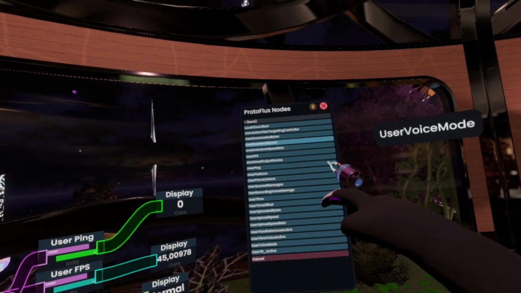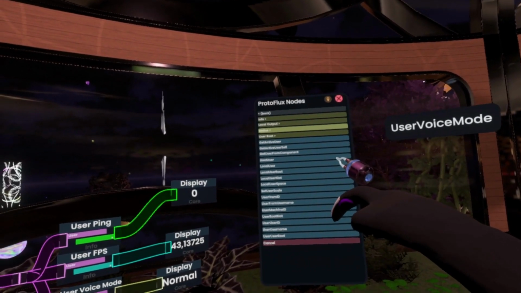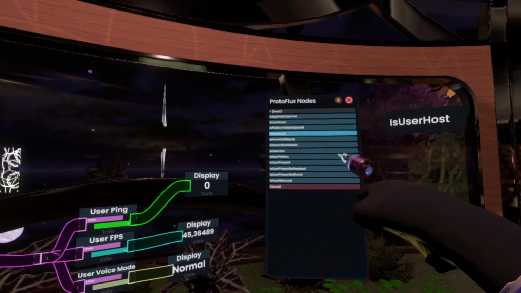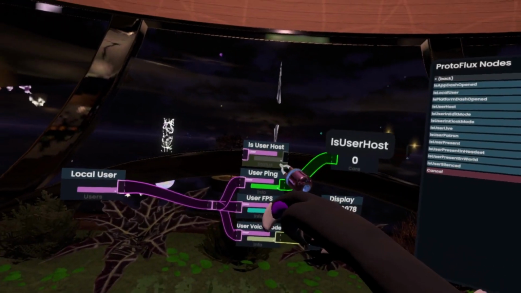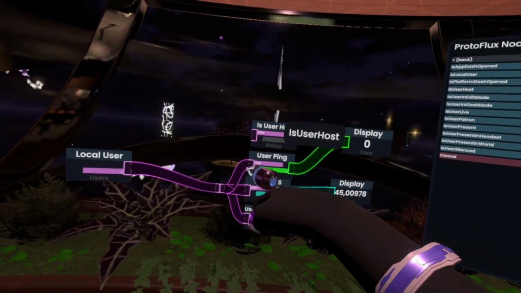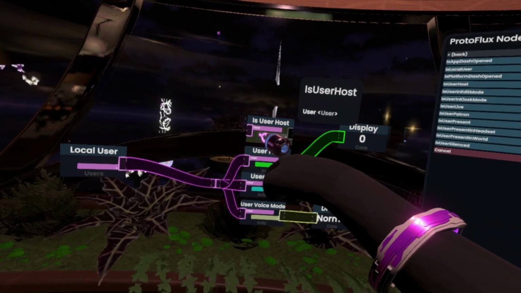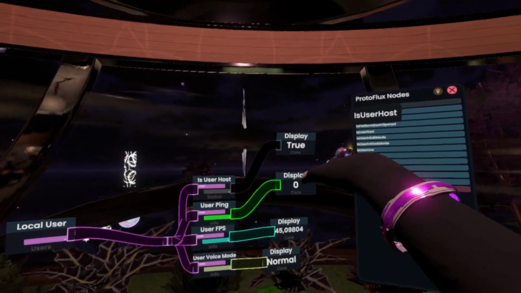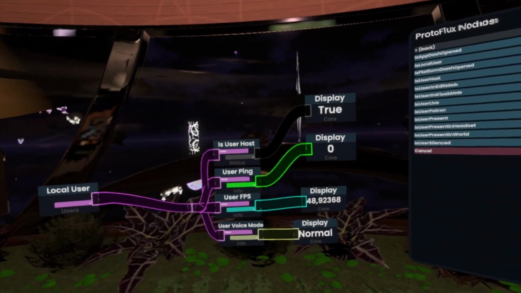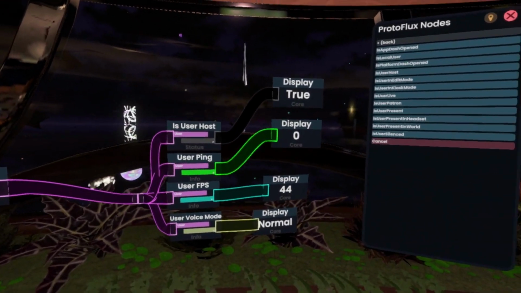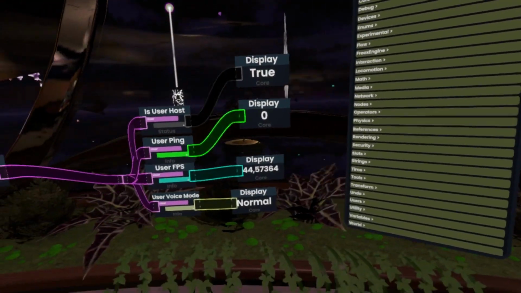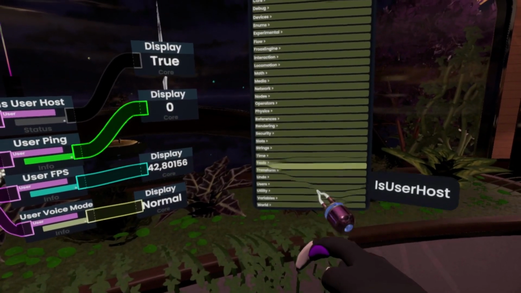However, if we go to status, we can then get in here is user host, which will then let us fetch that little thing here. There we go. Now if we drag this out, it'll tell us true because we are actually the host. Now next, we need to actually make use of this data. So we'll go into operators first,